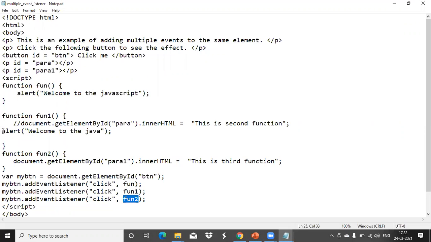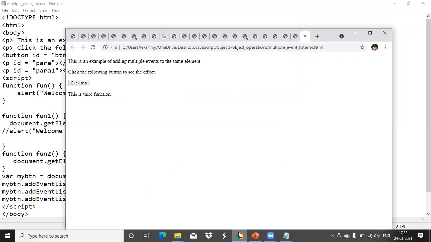Instead of alert message, if you want to display that value in your web page, then again you can use this document.getElementById. That also will work. But for the single button only, these events we have specified. See, first function is working. When I click on OK, then the second and third. So 2 events we have performed. Clear? Any doubt?